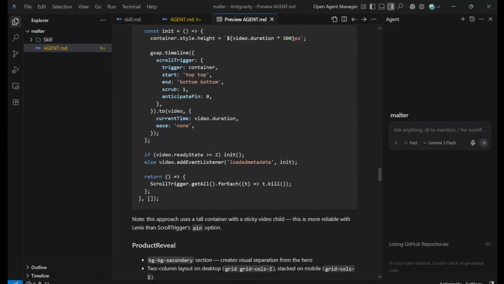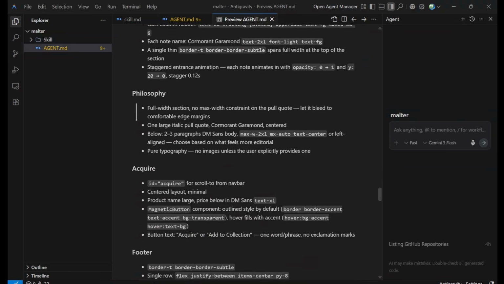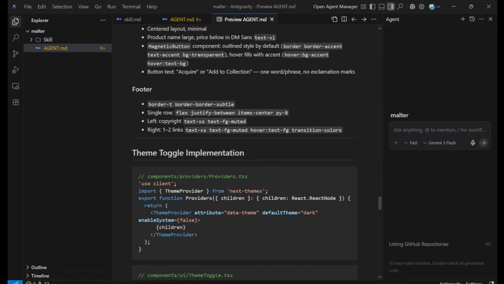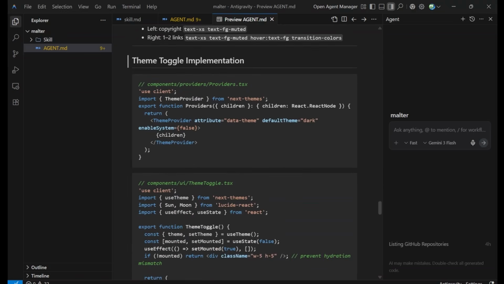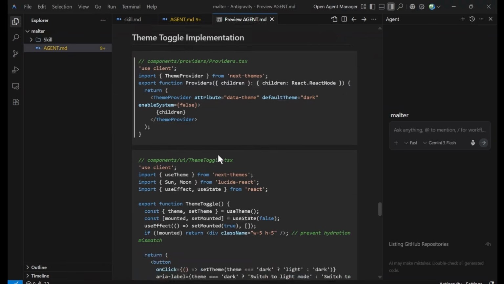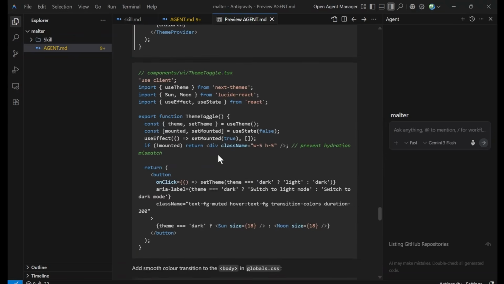It would differ from every project to project, so you can list out all the different sections you need in your website and add in details like this. Up next is the theme toggle implementation that I talked about already. So that's where our provider.tsx comes in handy, and I've added a little code snippets to help it out with